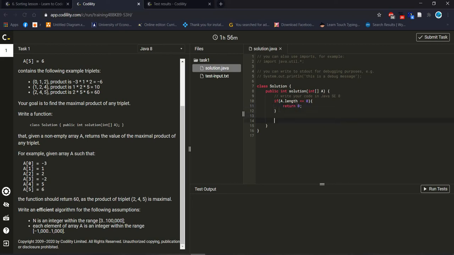Later, we should find out the maximum value. Primarily, I am initializing it to 0. And what next? I should sort the array, which will help me to get the proper order. Now I will iterate this array value inside the for loop.